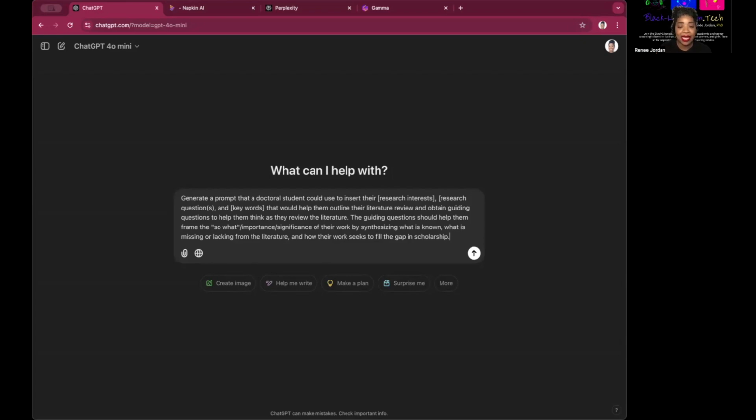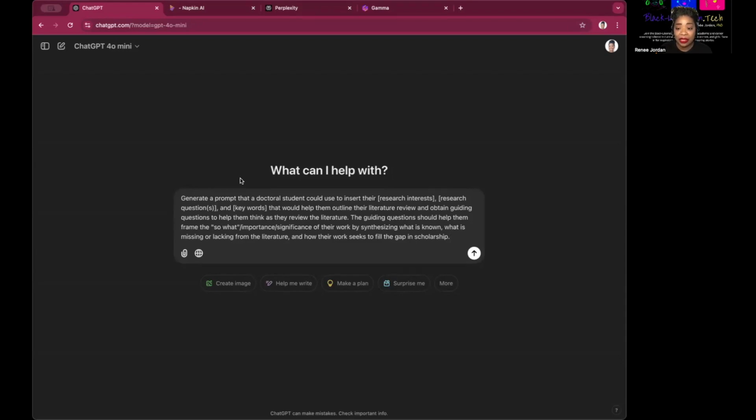Generate a prompt that a doctoral student could use to insert their research interests, research questions, and keywords that would help them outline their literature review and obtain guiding questions to help them think as they review the literature.